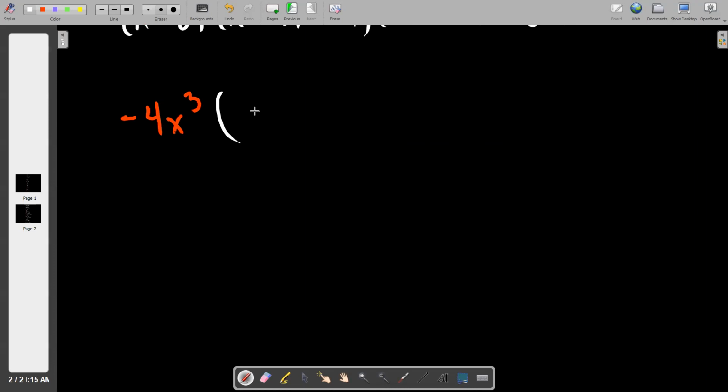Oh yeah, what an interesting problem. So I pull out -4x to the third. This is fun, kind of redoing these. It's like I'm doing them for the first time. This is fun. So that leaves me with just x to the fourth,